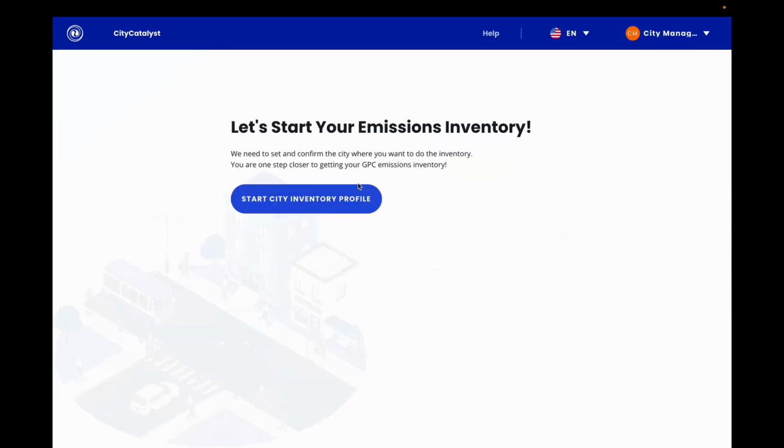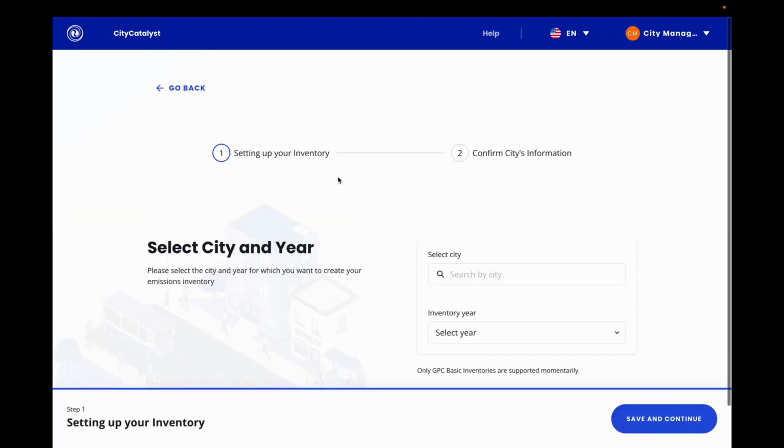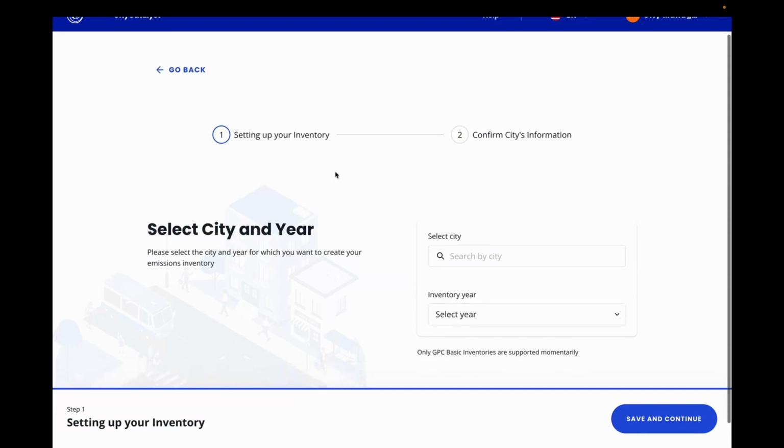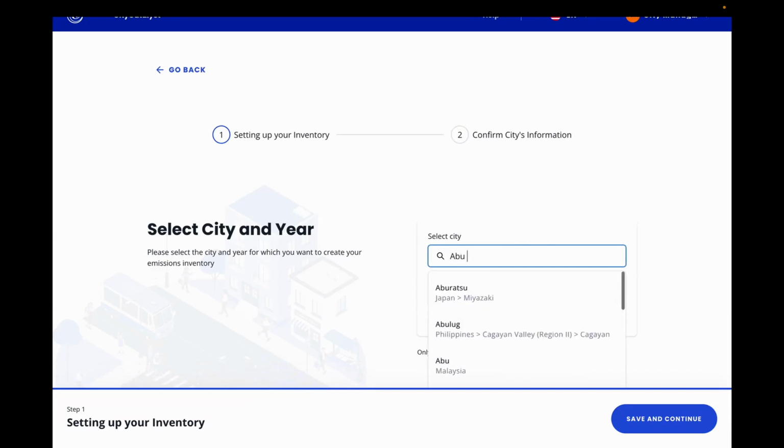In the login system, it invites me to get started with my first emissions inventory. So I'm going to choose here for setting up the inventory. There's two steps: setting up the inventory and confirming my city's information. Here I'm going to select a city. I'll choose Abu Dhabi,